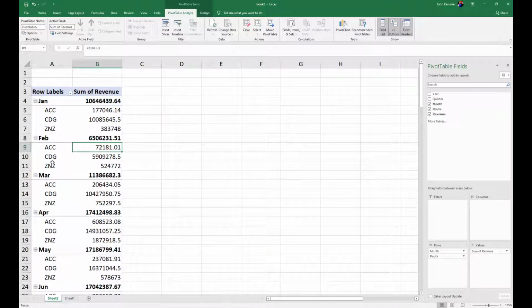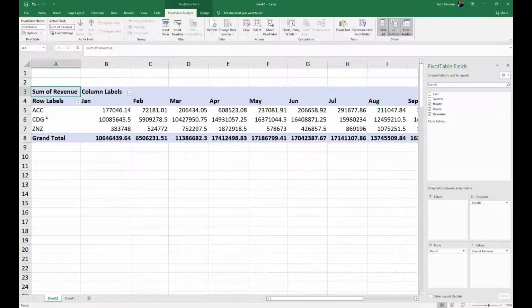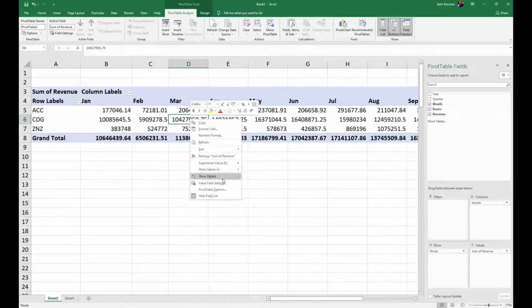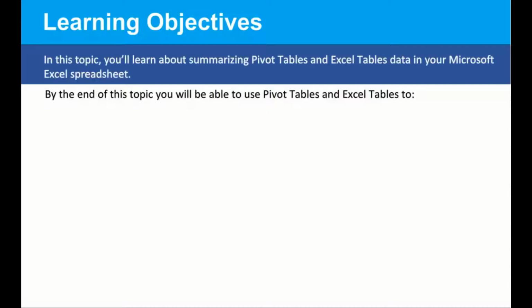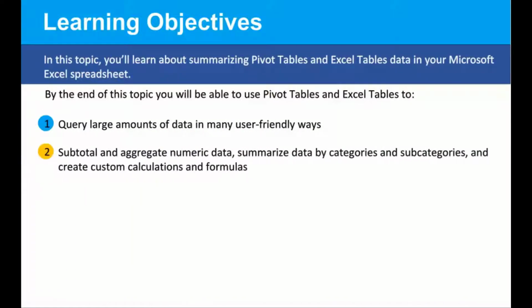You can also connect to external data sources such as SQL Server tables, SQL Server Analysis Services cubes, Azure Marketplace, Office Data Connection .odc files, XML files, Access databases, and text files to create PivotTables, or use existing PivotTables to create new tables. By the end of this topic, you will be able to use PivotTables and Excel tables to: